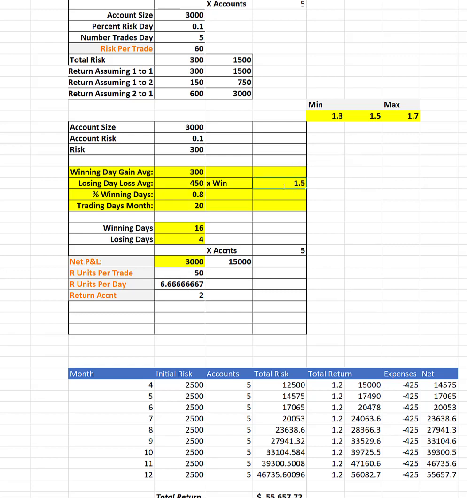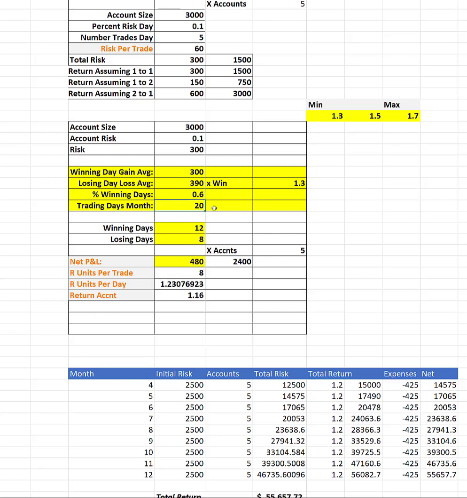Versus at 2 times, when your ratio drops off, you're losing quite a bit. And even when you do have a good win ratio of say 70%, you're not making very much: $600 in a month with a 70% win ratio. So 2 times is too much. That's my opinion, 2 times is too much. Assuming this is mathematical, obviously this is hypothetical, but